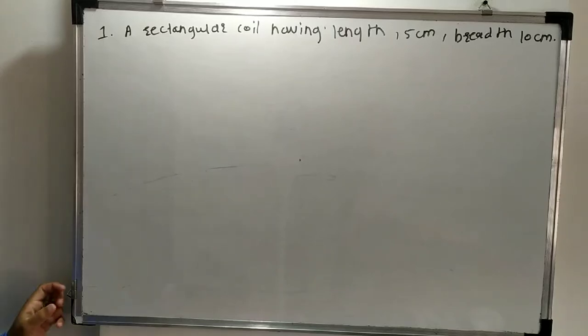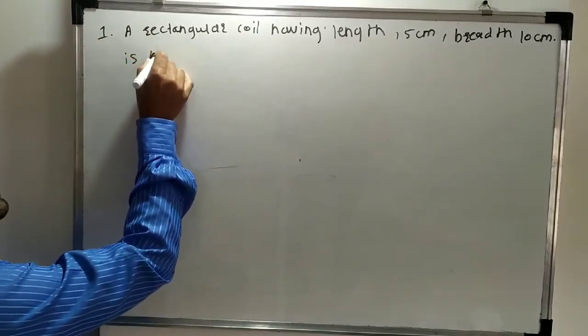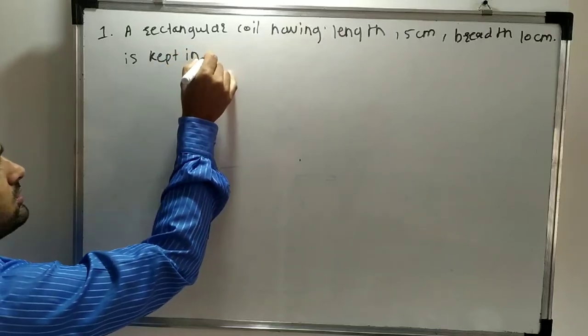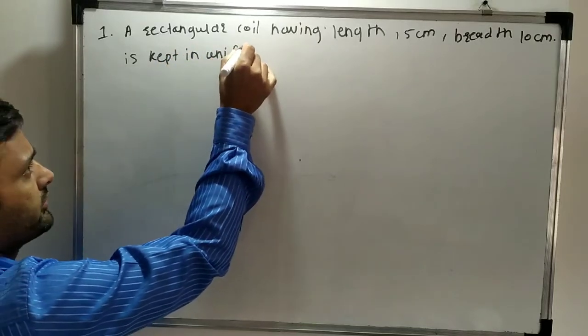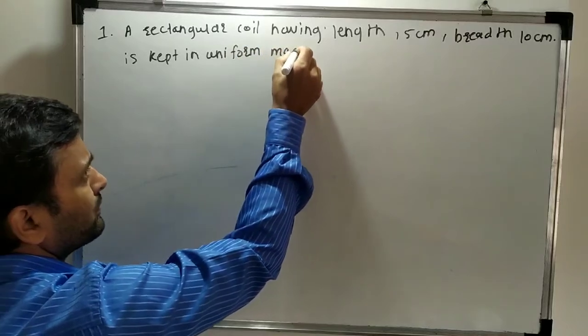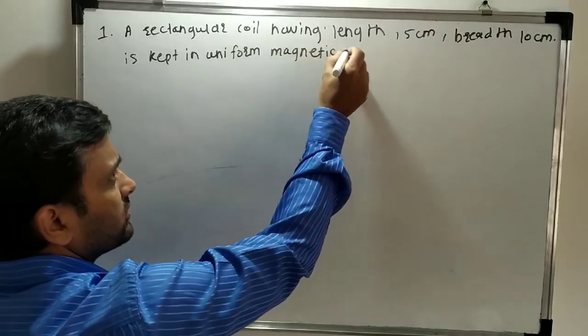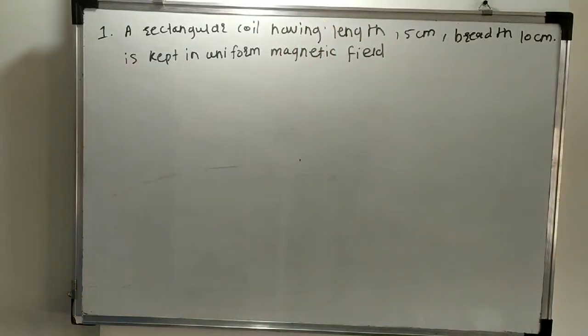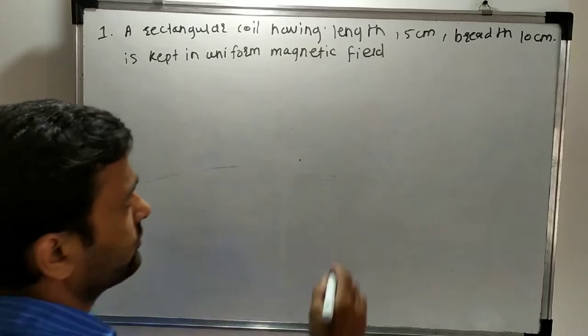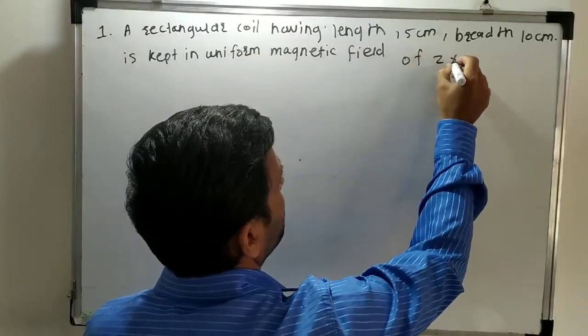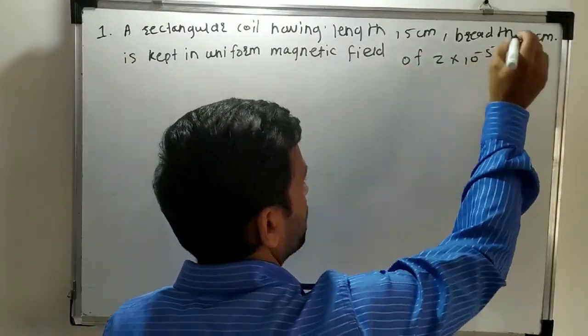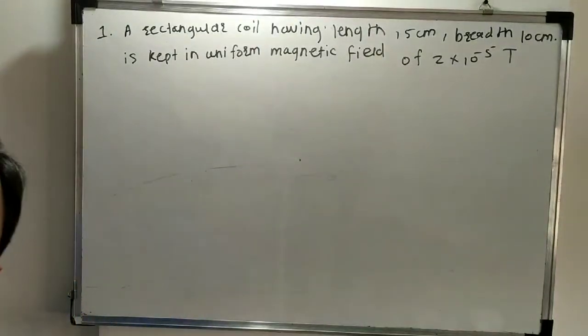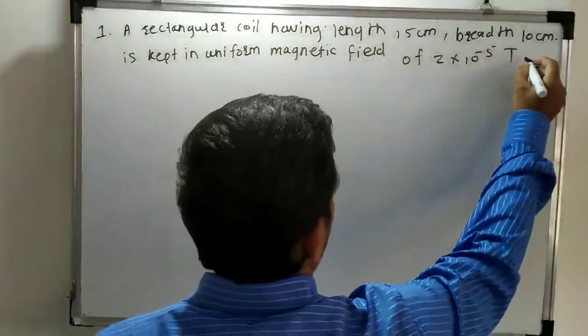It is kept in a uniform magnetic field. So this coil is placed in a uniform magnetic field of 2 into 10 raised to minus 5 Tesla. So this is the magnitude of the magnetic induction. So the strength of the magnetic field is given. The coil carries a current of